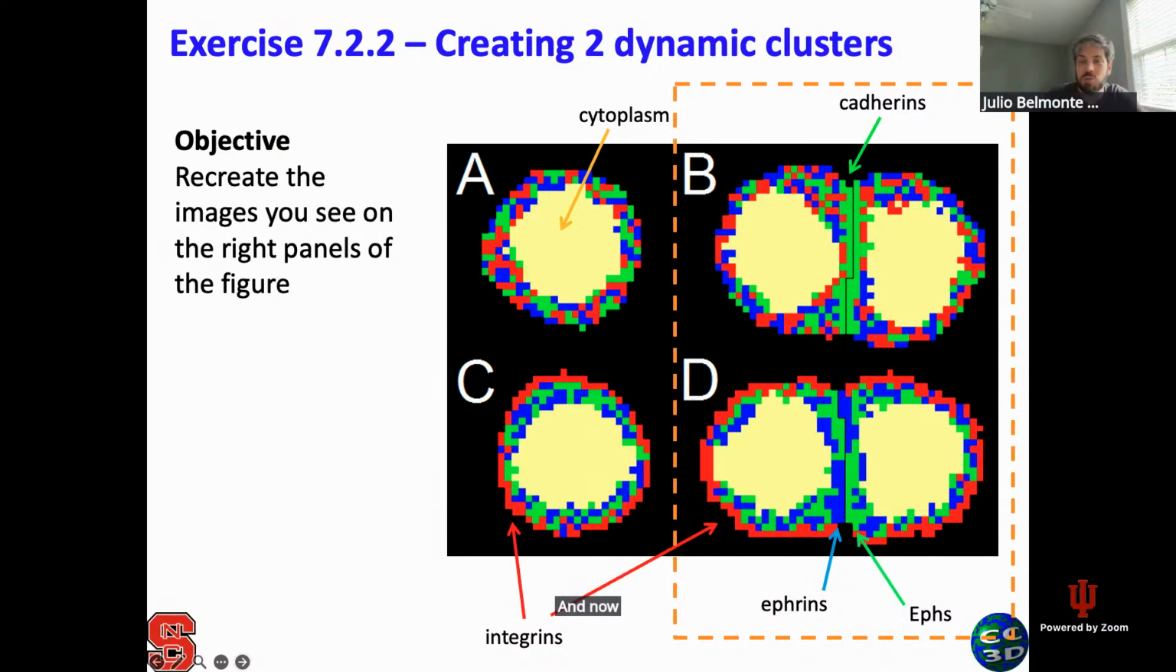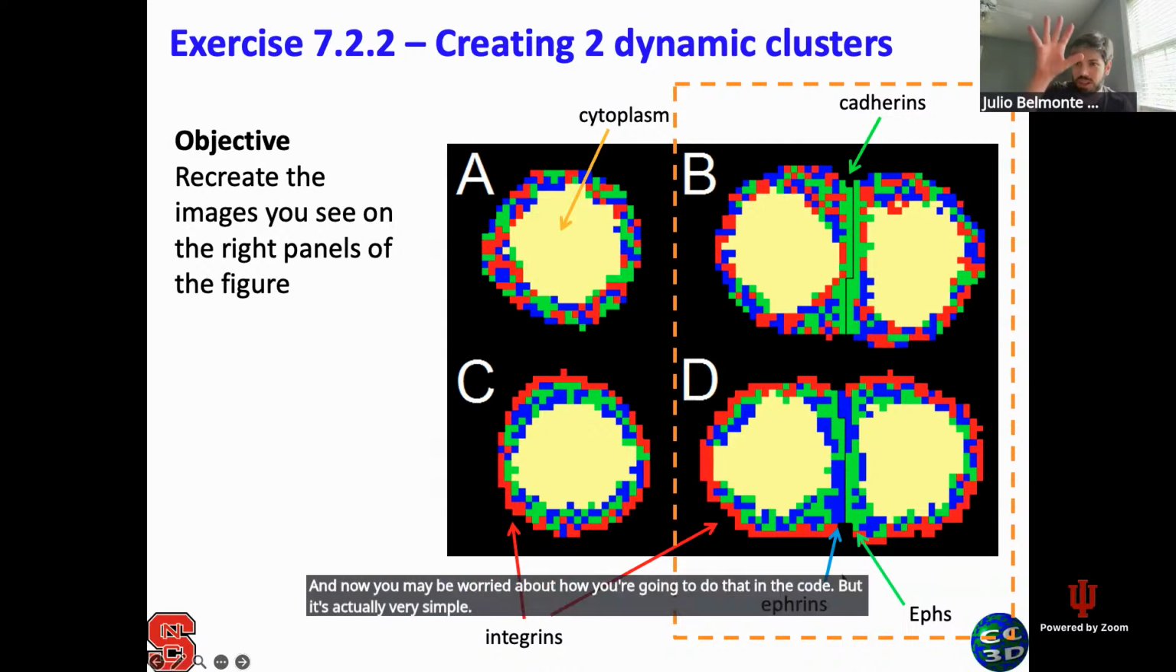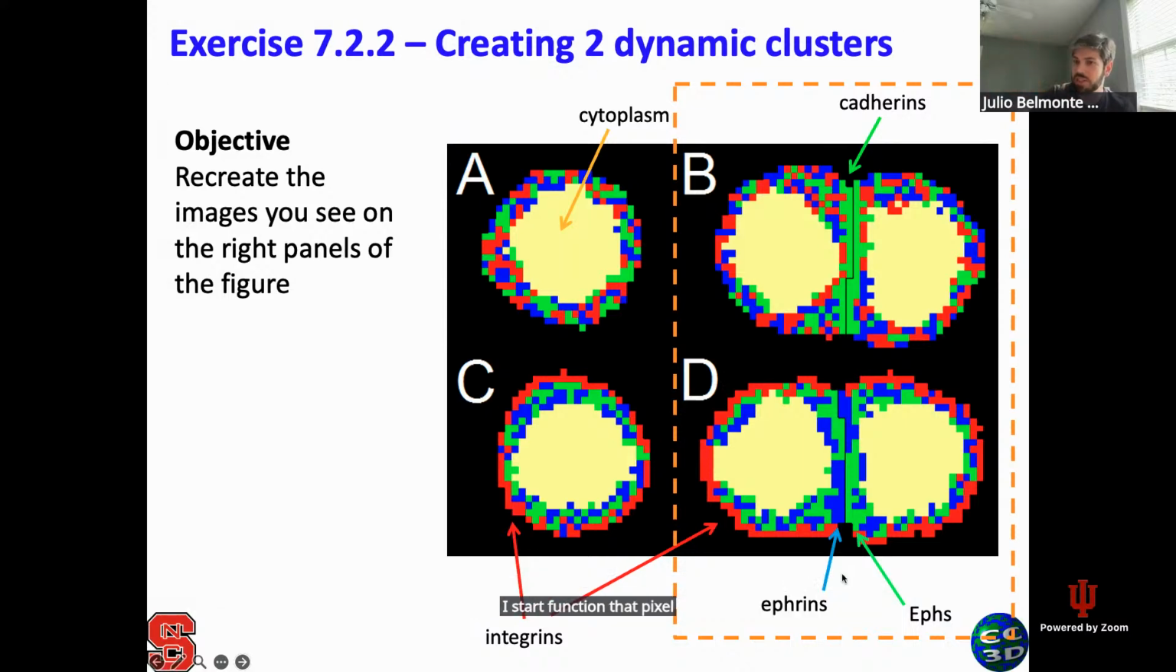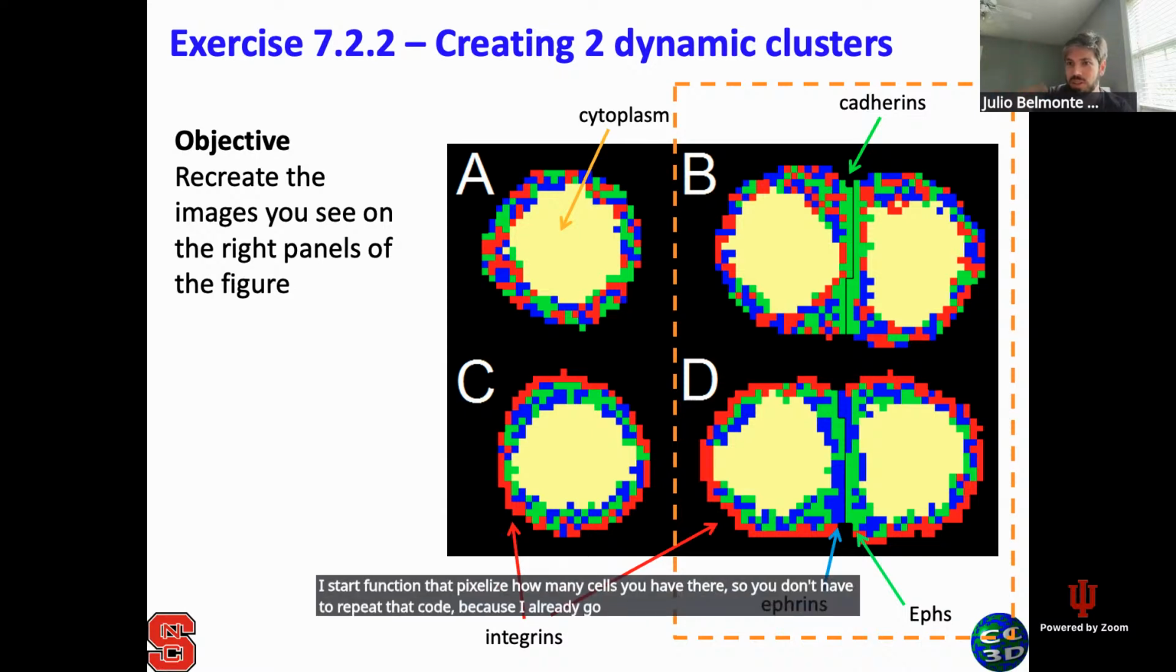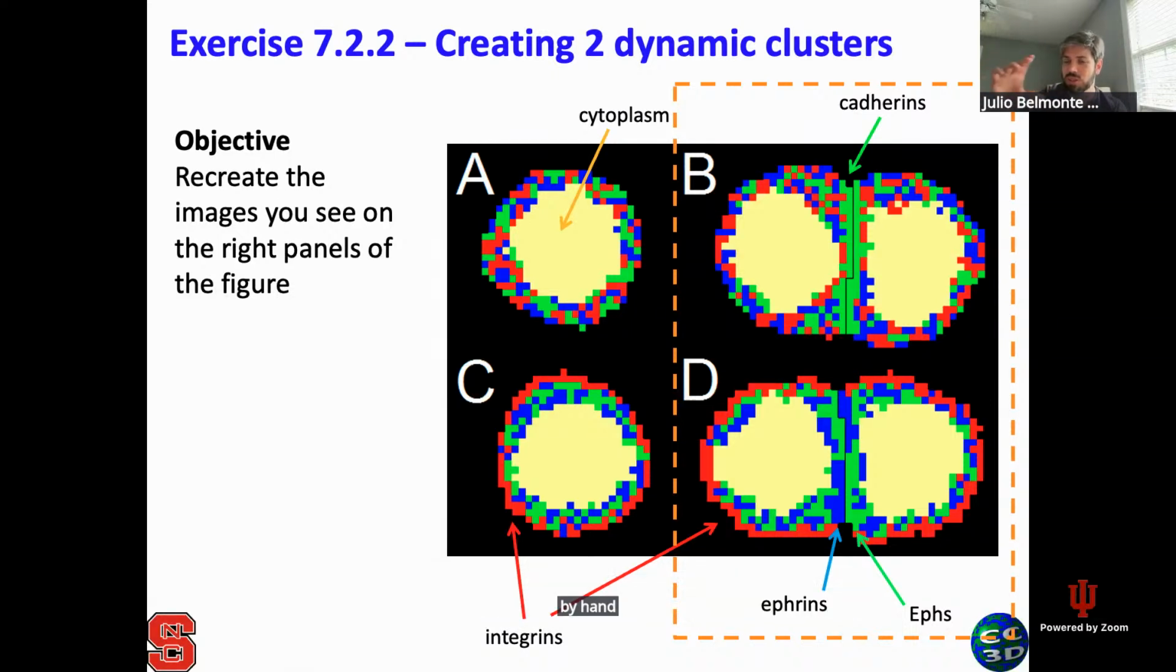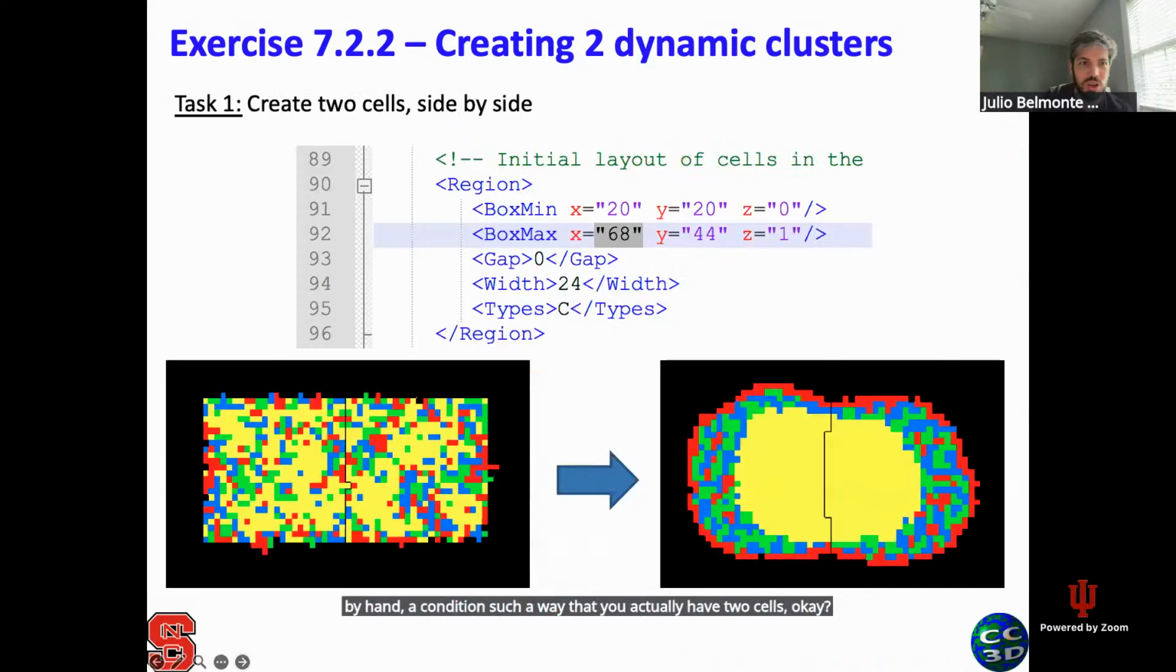Now you may be worried about how you're going to do that in the code. But it's actually very simple. You already have the start function that pixelizes how many cells you have there. So you don't have to repeat that code, because I already go over all the cytoplasmic cells, the C cells. So all you have to do is draw by hand a condition in such a way that you have two cells. So all you have to do is go to the XML file,